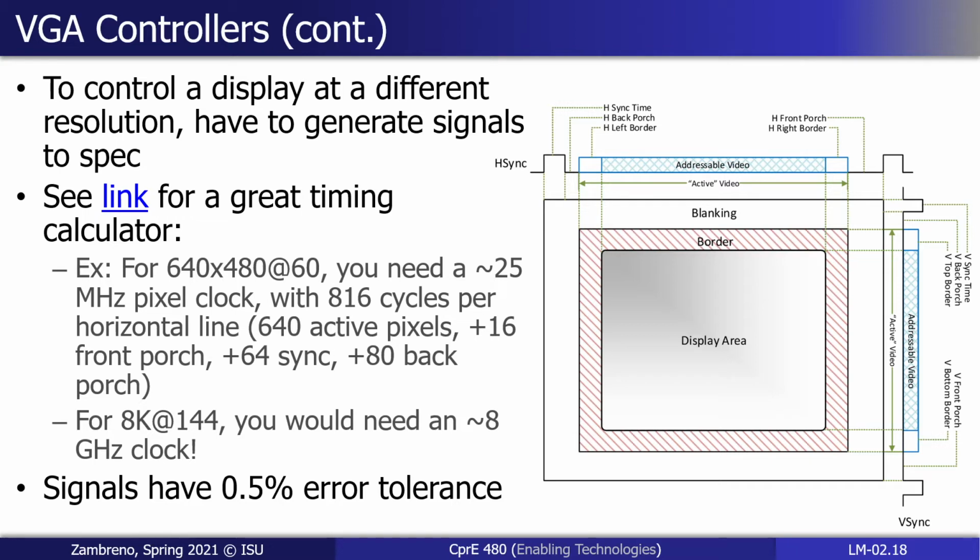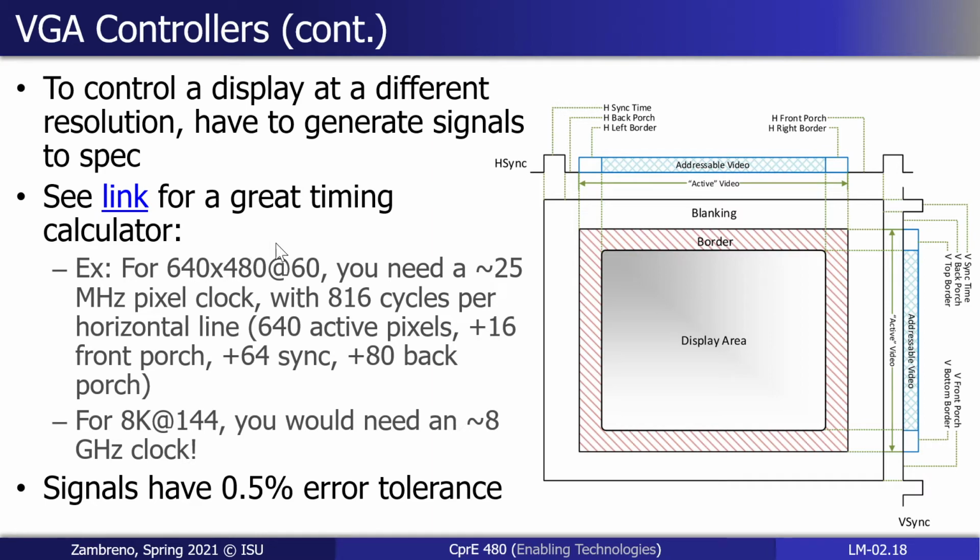So the main difference between 640 by 480 resolution from the display controller's perspective and 8K resolution, as I show here, is really just the times associated with that, and then the corresponding clock frequency you would need to be able to generate a unique value for every pixel in the amount of time you have dedicated to that active pixel time. So the logic is actually the same. I can build a VGA timing controller that can handle any resolution within a given spec. The main difference is what clock it would need to have to be able to generate the signals at the right time. The link you can access offline, we can open it up briefly here, has a really